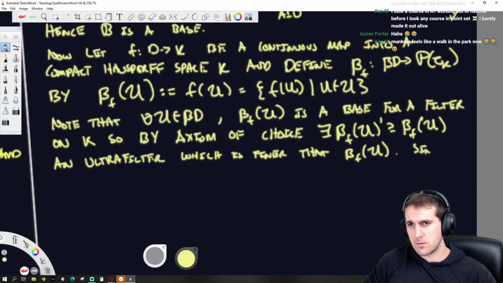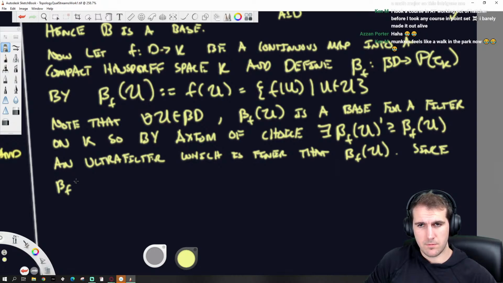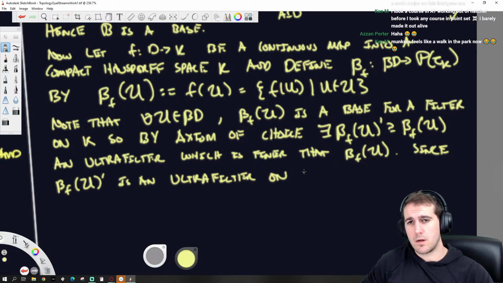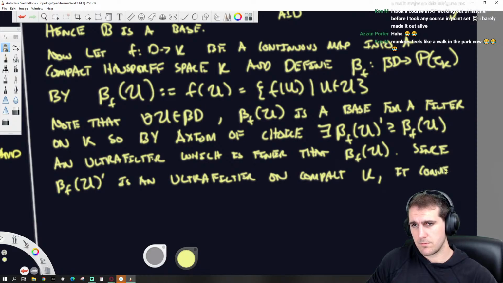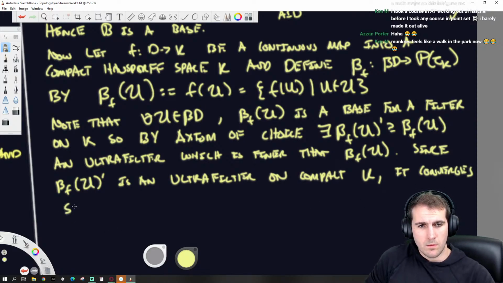So since beta prime is an ultrafilter on compact K, it converges, say to, I'm just going to do the notation for it.